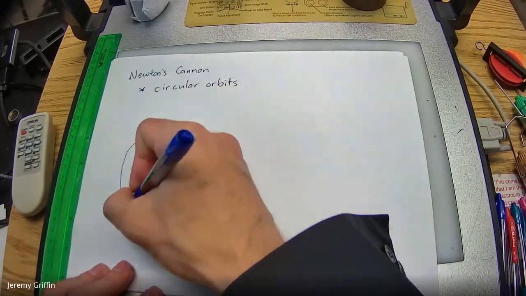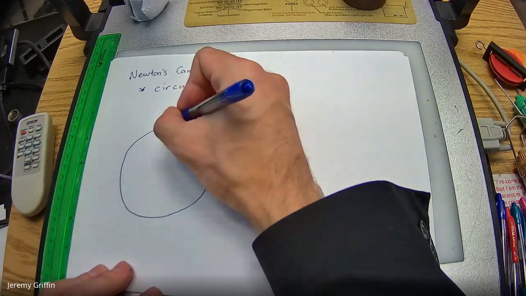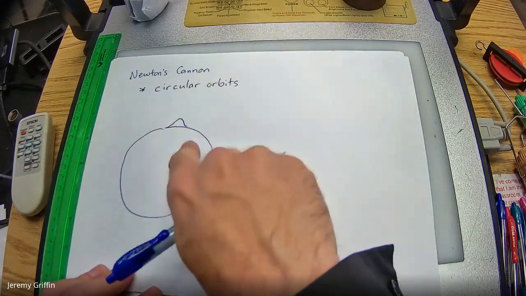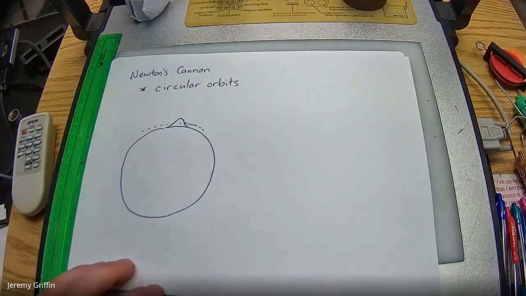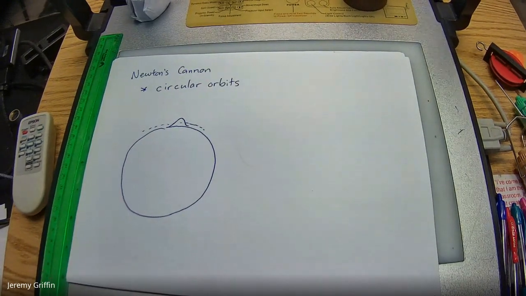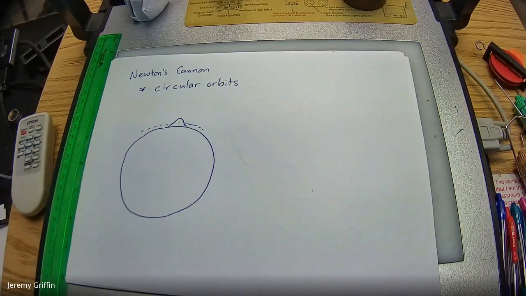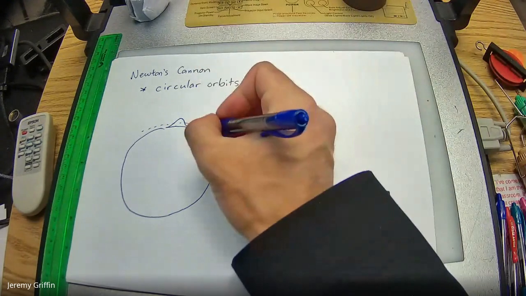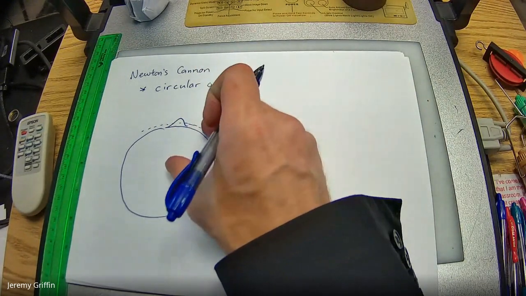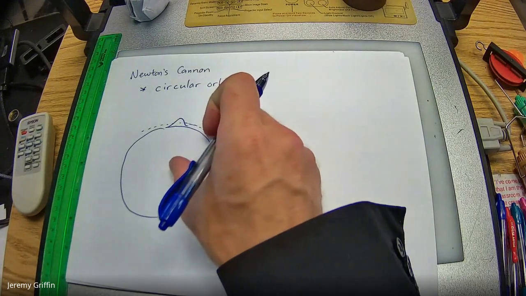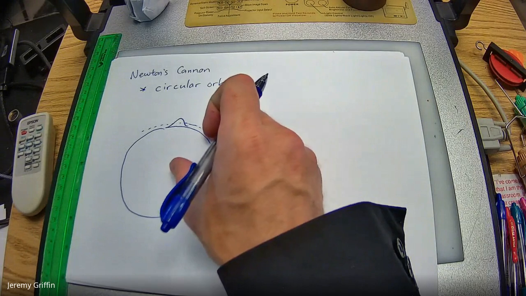So you've got a planet, and maybe this planet has a ridiculously tall mountain on it. In fact, this mountain is so tall, it actually goes above the atmosphere of the planet. So we're getting above the drag force from the atmosphere, so no drag. Side note here, how thick actually is the atmosphere of Earth? Well, it's a few hundred kilometers thick, which might seem like a lot, but that's actually really small compared to the thousands of kilometers of the radial size of the planet.